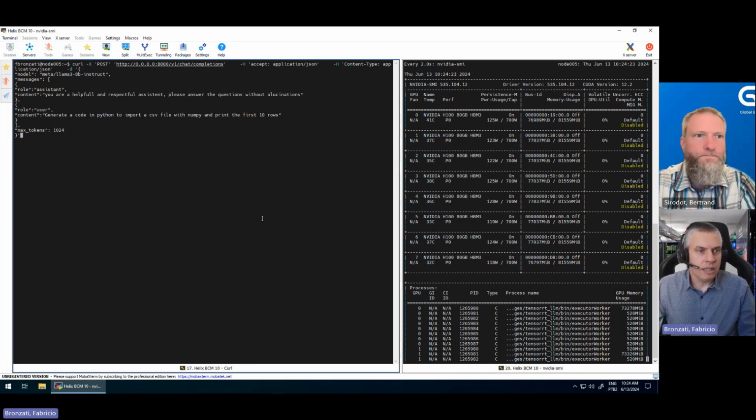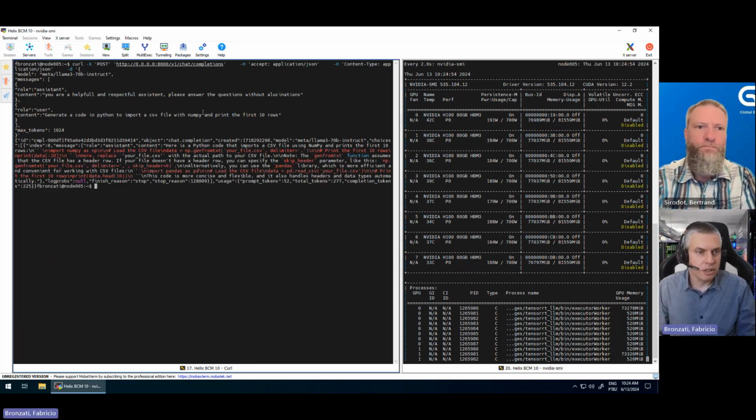So we have this format, and I just need to select the right model. Here I was doing some testing with the 8 billion model also. It gives some instructions on how the model needs to behave, and then the question. In that case, Python code on how to import a CSV file using Python. So the answer is here. It's a little bit complicated to read.